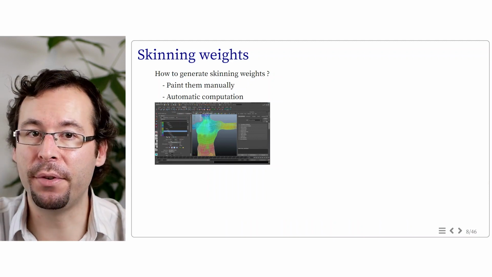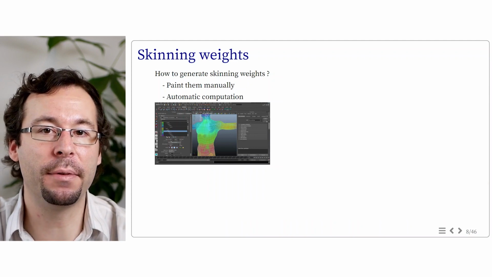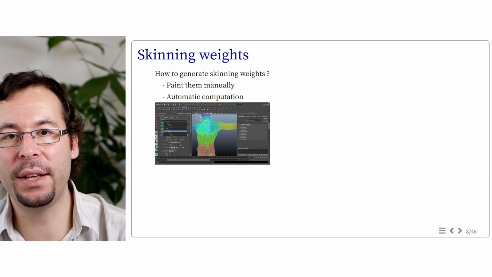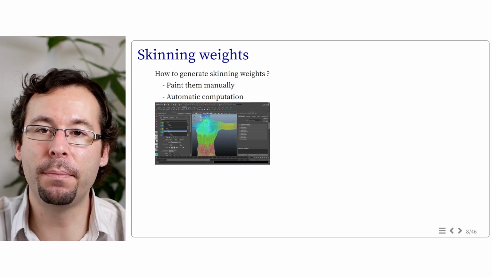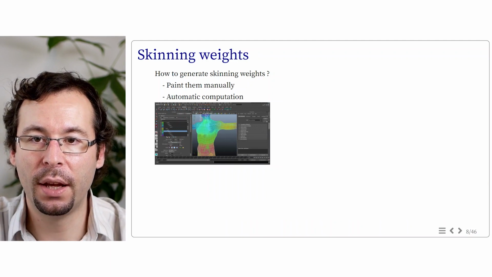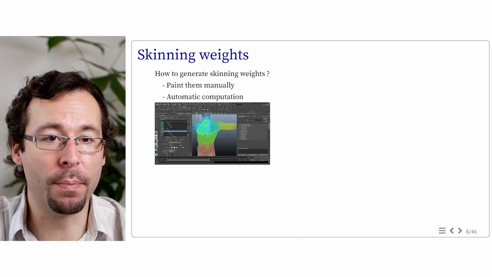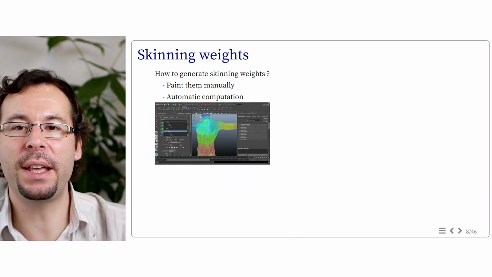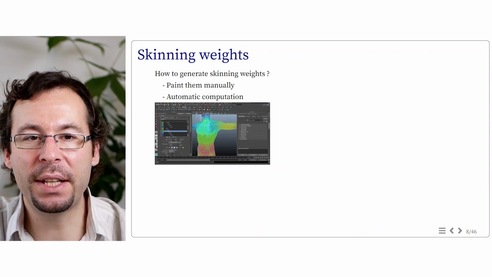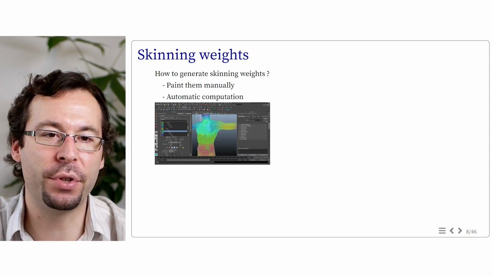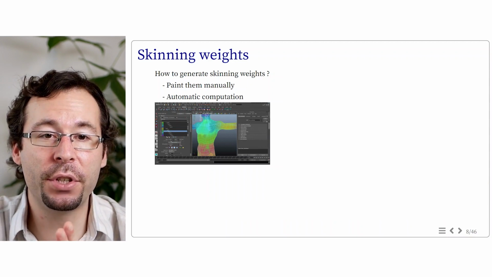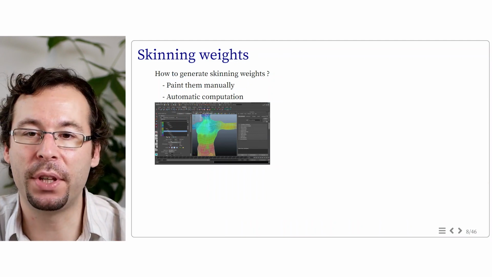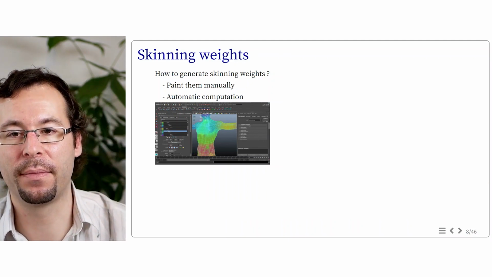One way is to paint them manually, and basically all 3D modelers like Maya or Blender propose directly dedicated interfaces to paint your skinning weights directly on the surface using brush-like tools. Note that this can actually be more complex than it appears, as the weights are not only like painting a color, but they are barycentric coordinates, which means that if you increase the dependence of a weight with respect to a joint, the dependence with respect to all the other joints is going to decrease.